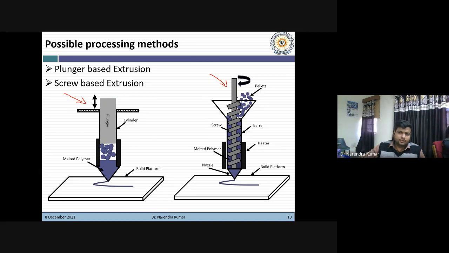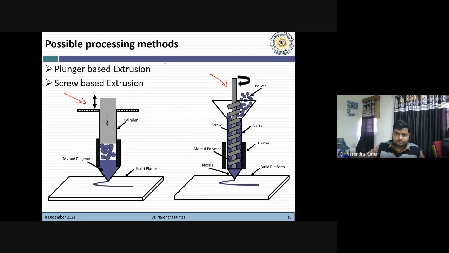You are all aware of the screw based mechanism, because it is used in one of the most established technologies, injection molding. But now the question is, if we are planning to go for direct pellet printing, which one is more useful?